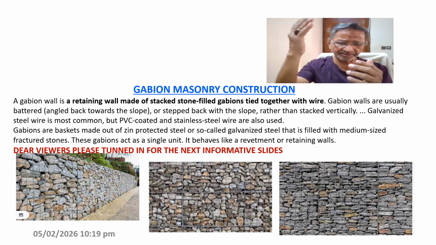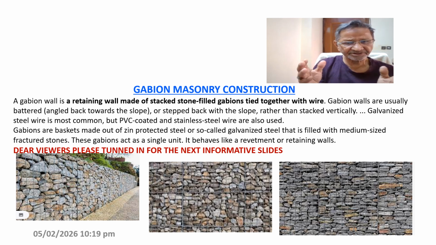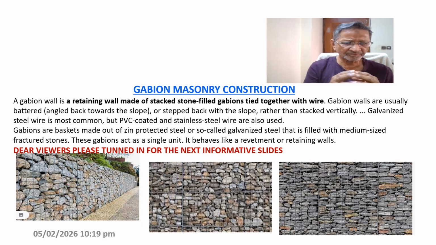Usually they are angled, in slope, so that the stones do not fall vertically. These Gabion masonry walls are made at the roadside in places where hills and mountains are there, so that while traveling the stones do not fall on the road or on vehicles. The wires tied to the Gabion masonry are galvanized steel or PVC coated